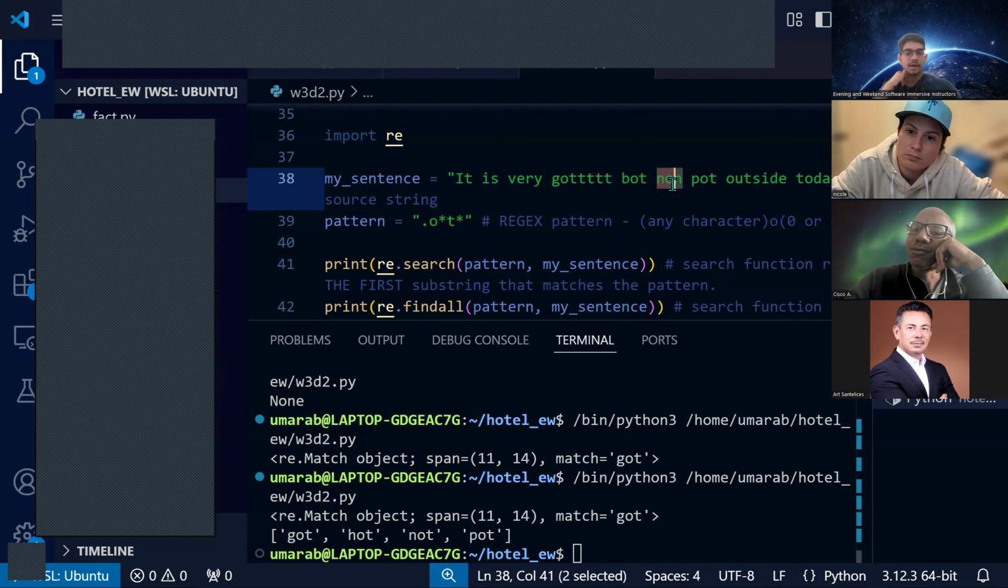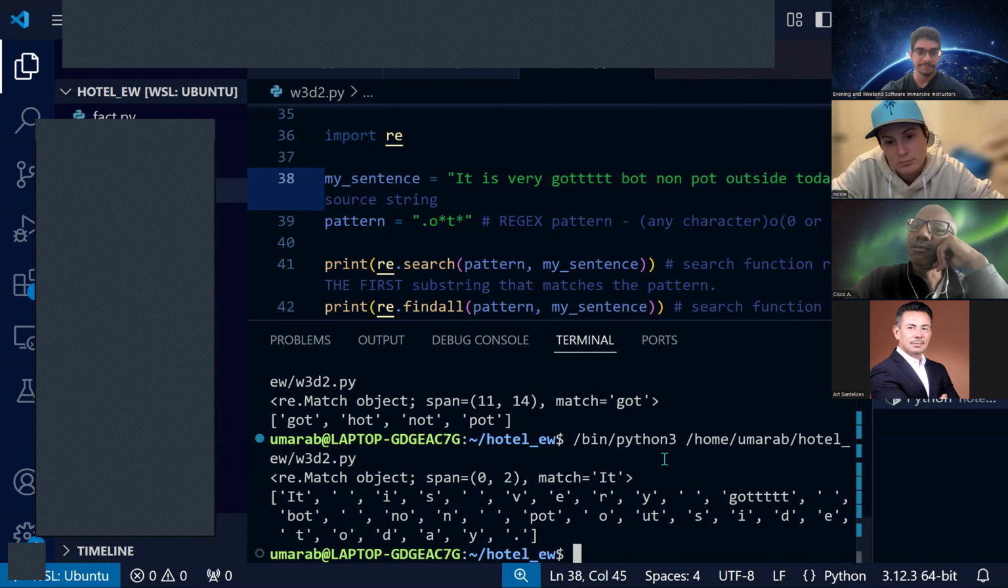What about just NO? Right? Because sure, NON, there's no N in here. But if we just stop it at the O, we're going to have no T's, so that should be fine. And then pot, that should work too. Let's test it. Let's see what happens. So if we hit run,